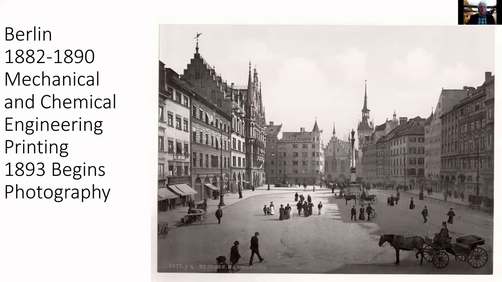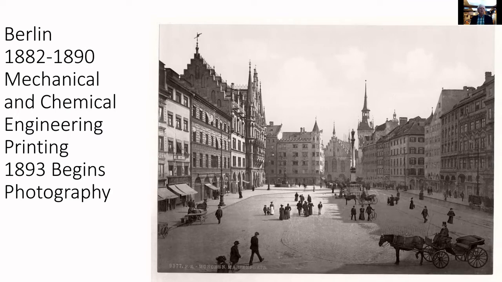So he goes to Berlin for about 8 years. His father sends him to study mechanical engineering, which he has no interest in whatsoever. But in 1883,